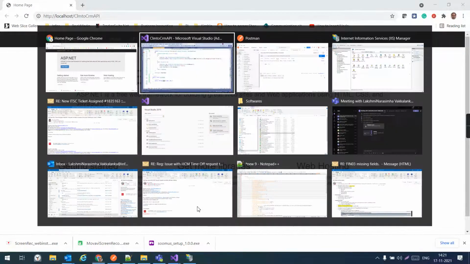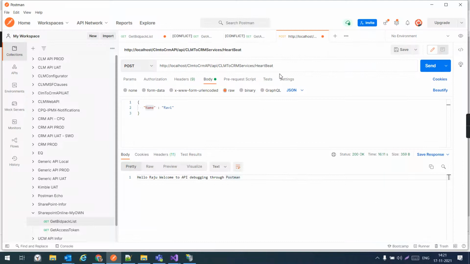Now go to Postman. We have removed the input parameter here, since we are passing it from the body as a JSON structure. So we are not passing it from the query string.